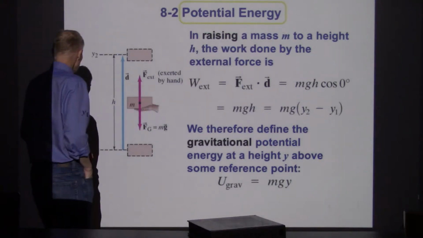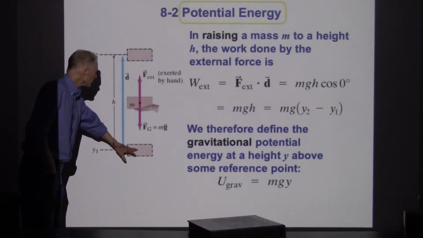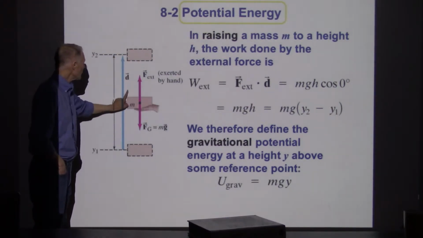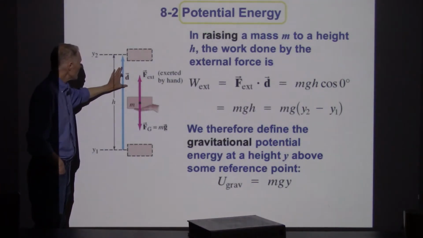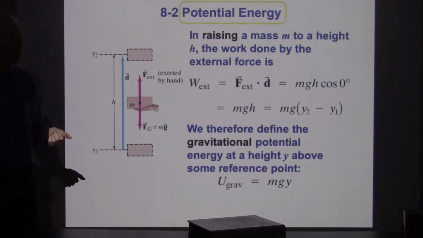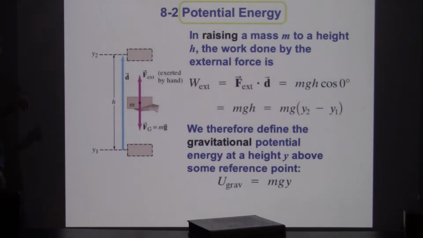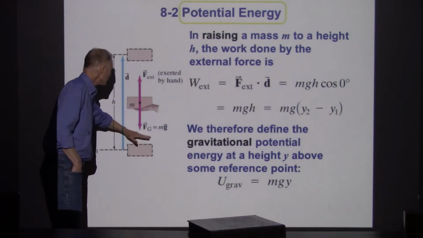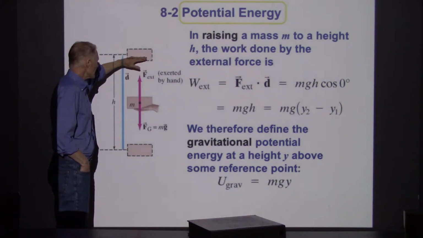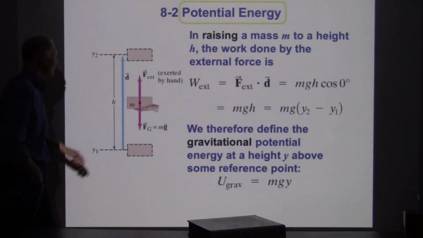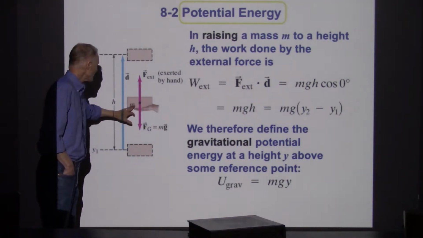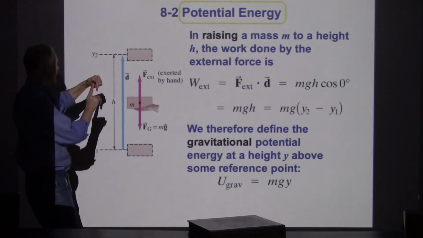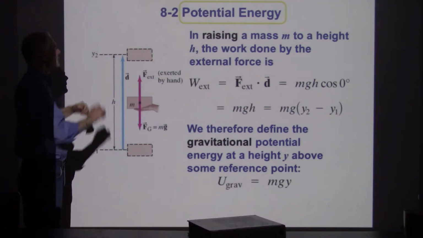So here's a gravitational example. Here's an object, and then it's been lifted to this location, and then it's lifted to here. And what we're doing is we're keeping track of displacements. So there's a displacement that's taking place for this, and there's a force that's being exerted on the object as it's being lifted from the lower elevation towards the higher elevations. Now there's a gravitational force also acting on this object. So gravity is pulling the object downwards, and then there's a force that the person is exerting in the upwards